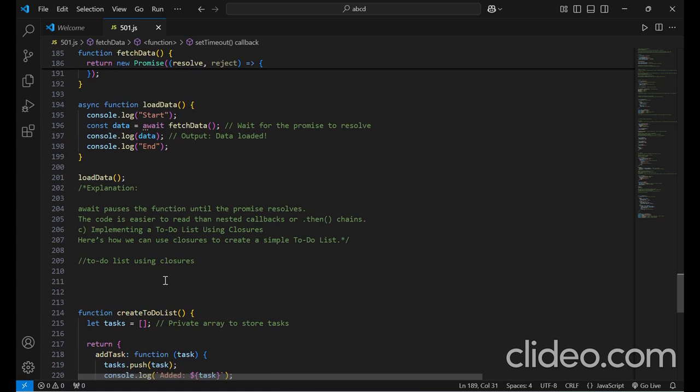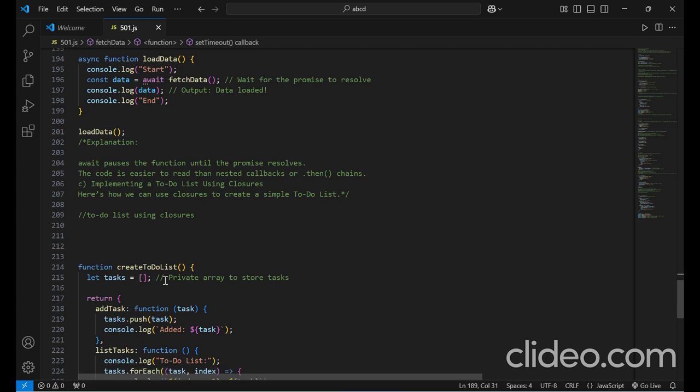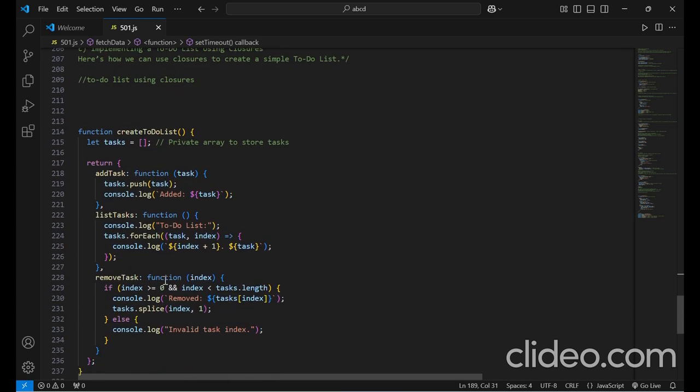Until now we have understood the basic concepts that we need to implement a to-do list. So let's implement a to-do list using closures. Here is how we can use closure to create a simple to-do list. First, we have created a function create to-do list, in which we have assigned an empty array to a variable called tasks, and